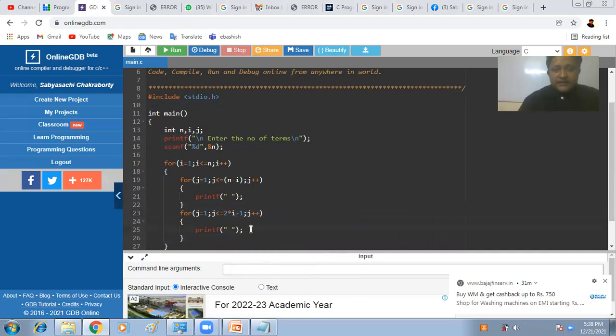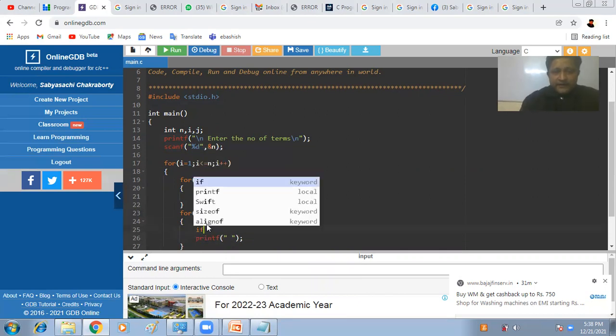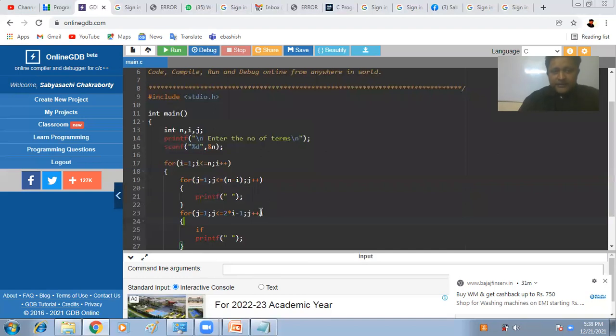Now it is conditional. Where will the stars be printed? Under the pyramidal structure, the printing of star is conditional. If J equal to 1, or J is equal to, it's a comparison operator, the terminal value 2I minus 1,